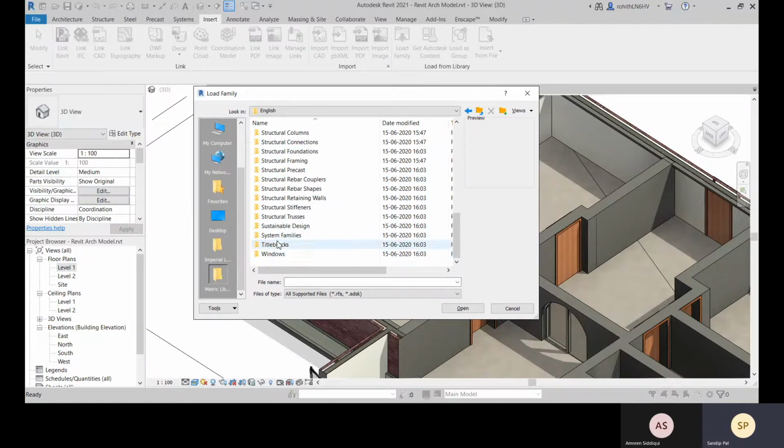So right now I'm not having it. I don't have any families over there. I have already mentioned in the second class, probably, the link. You have shown that one. Yeah, so from there you have to download it. Okay, okay, I'll do that. Okay.